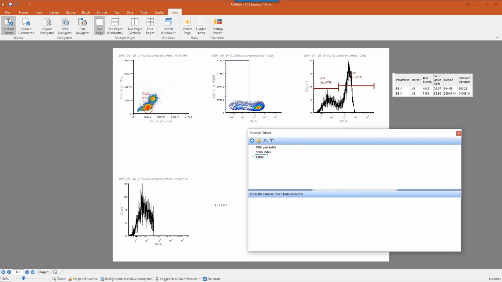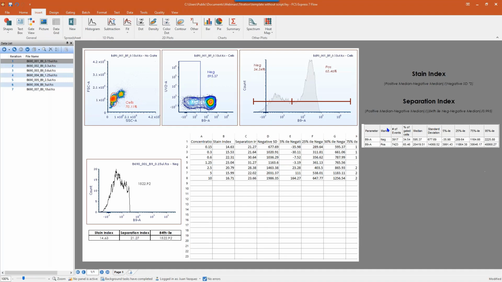If I drag down to my layout, I can see what that stain index is. I'm going to create another function for my separation index, where down below I will define what that separation index is. For those of you that aren't familiar, our separation index is the positive median minus the negative median, divided by the 84th percentile of our negative median divided by